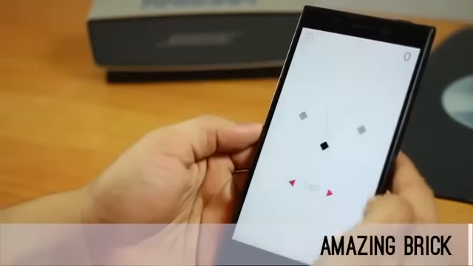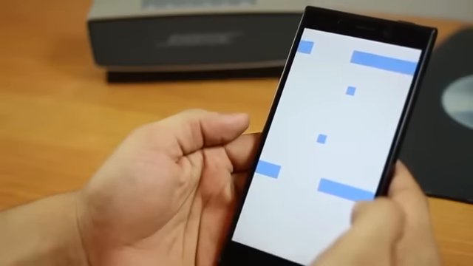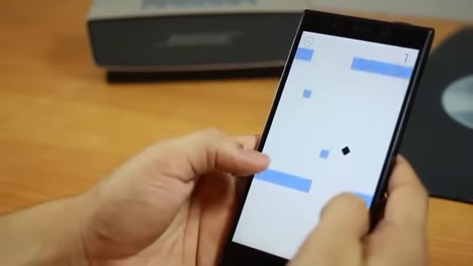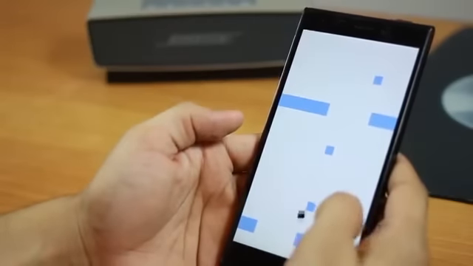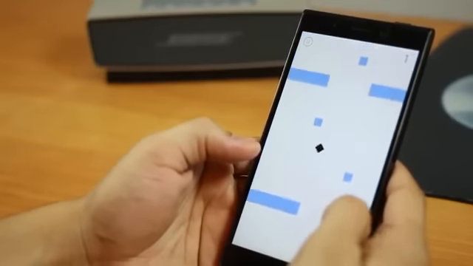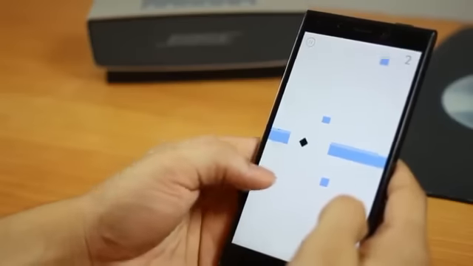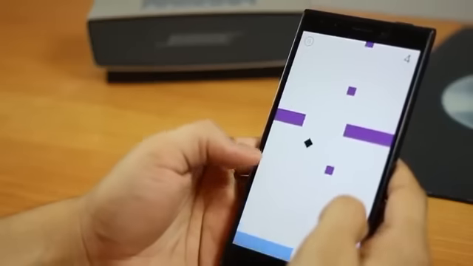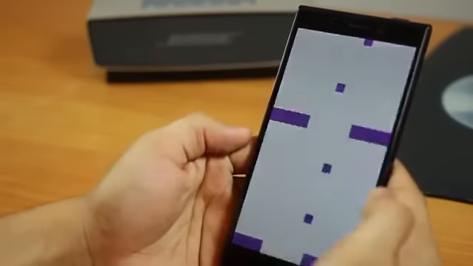The other app I want to talk about is basically a game. It's called Amazing Brick, and it's super addictive. So there's a center of the screen, and then if you tap on the left, this diamond-shaped thing goes a little bit to the left. And if you tap on the right, it goes towards the right. And as it comes down, it shifts on the screen. So you basically have to go through these holes, gaps, and make your way all the way up. And of course, the more you climb up, the higher your score. So, I'm really just trying my best here. Of course, I suck at this game a lot. But it's very addictive. Must try.